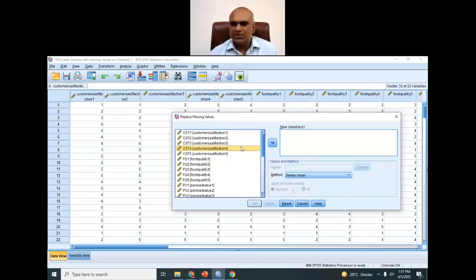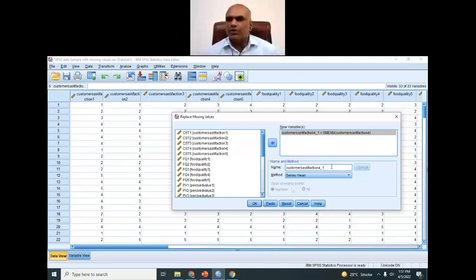So let's click CST4, select this, and then click here. Now what SPSS will do is create a new variable called CST4_1, and that will have,